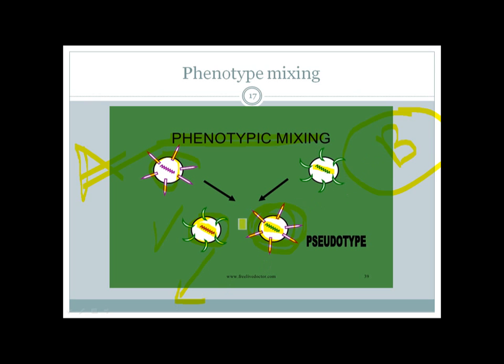But when it infects that organ, the virus will again undergo disassembling, and then the A virus genome will be transcribed and translated, and it will produce the surface protein of the A virus. So ultimately, if this virus infects a cell, it will actually produce the A virus only, and the surface proteins will be the ones that the A virus had. So after progeny, this virus will again be converted to this virus because it has the genomic information that creates these surface molecules. So this is phenotype mixing.